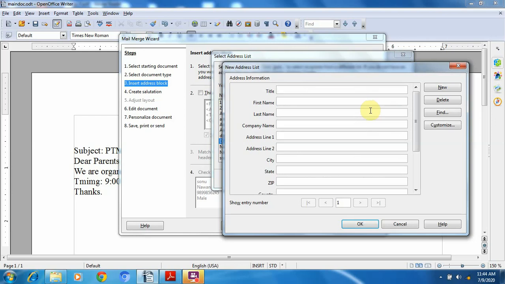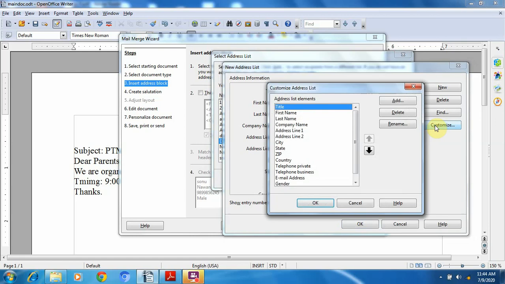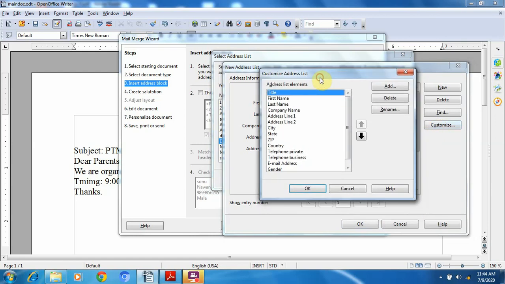See, now there are many options available. If we don't want to use all of them, then you can customize these fields with the help of this customize button. Then the customize address list dialog box will appear. With this you can delete the extra information that you don't want to use.